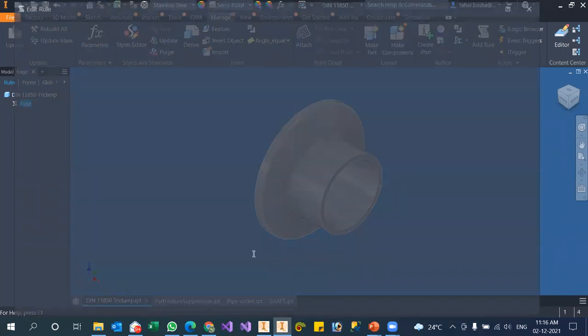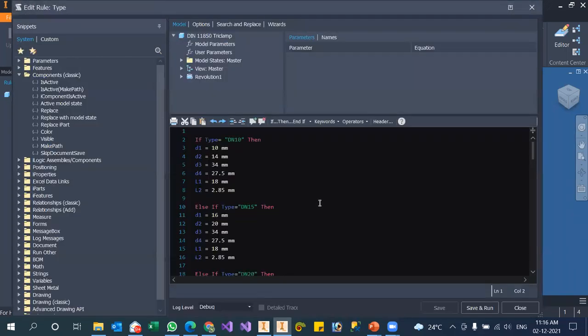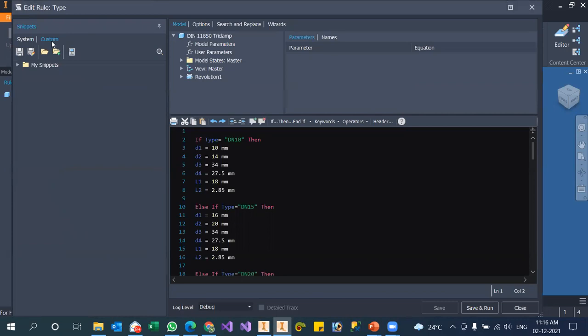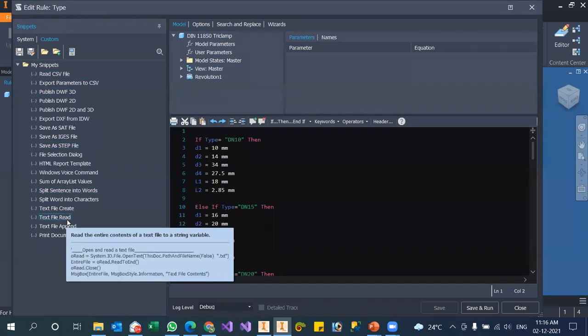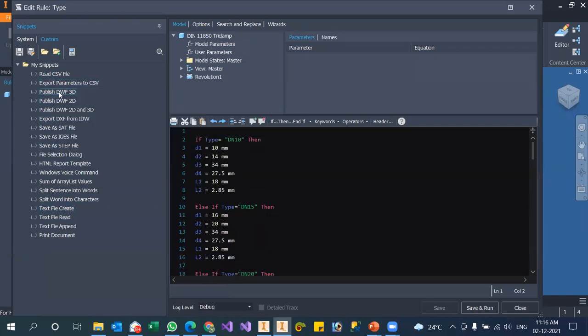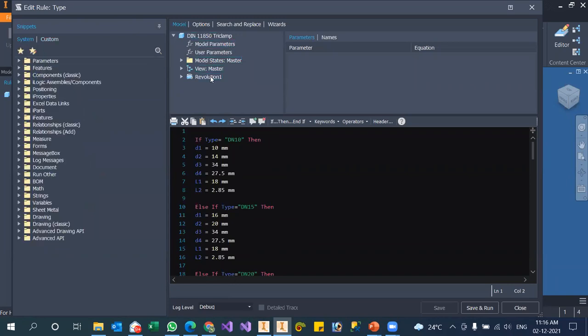If you open this rule, this is the user interface. Let me briefly explain it. On the left side, you have all the syntax and custom snippets, which will make your life easy if you want to convert anything into a DWG file, PDF file, or save as a SAT file, like that. You can add the syntax into the work area, or you can say editor. Here you have model details, and we will ignore this as of now. If you click this, you get all model parameters, and here you get user parameters. Once we have everything in the editor, this area is called the editing area. You can edit your code here.